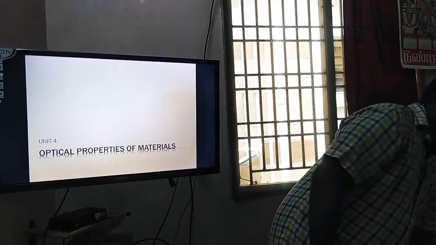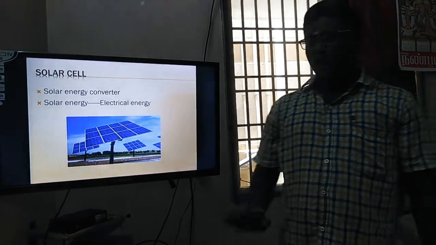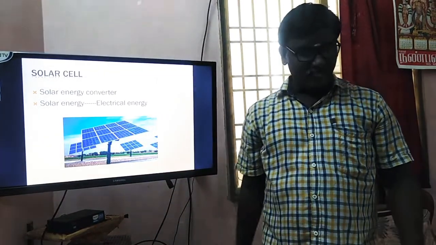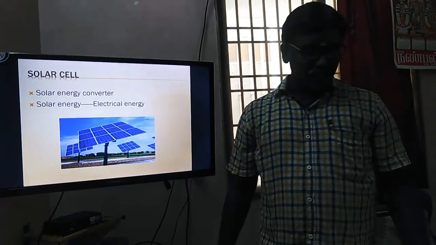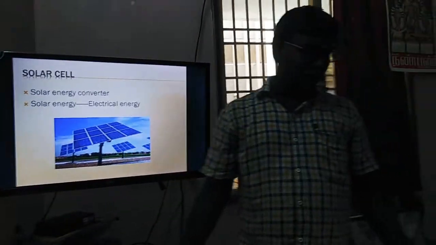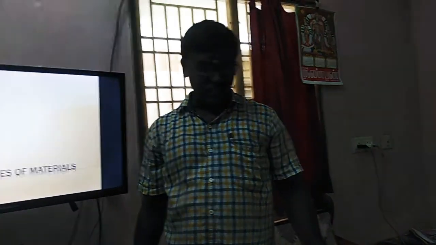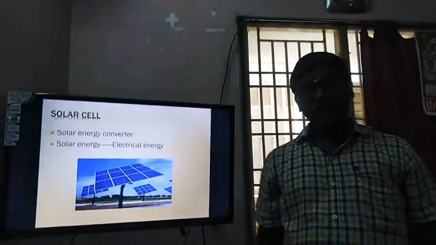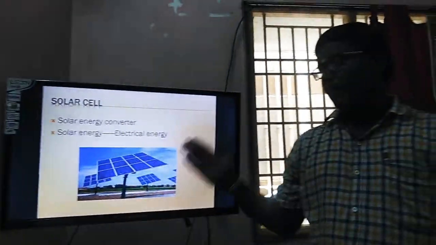There are three different types of optical materials: transparent, translucent, and opaque materials. We already discussed absorption and emission in metals, semiconductors, and insulators, and the scattering of light, in the classroom. Then carrier generation has three different types: photo generation, phonon generation, and impact generation. And three different types of carrier recombination: radiative recombination, Schottky recombination, and Auger recombination. All these topics are covered in the classroom, but the remaining topics will be covered in these video